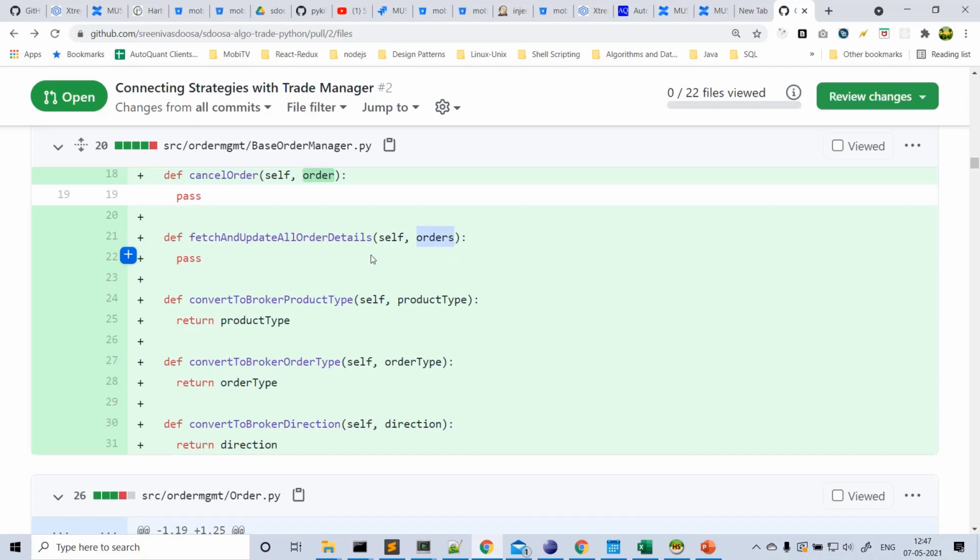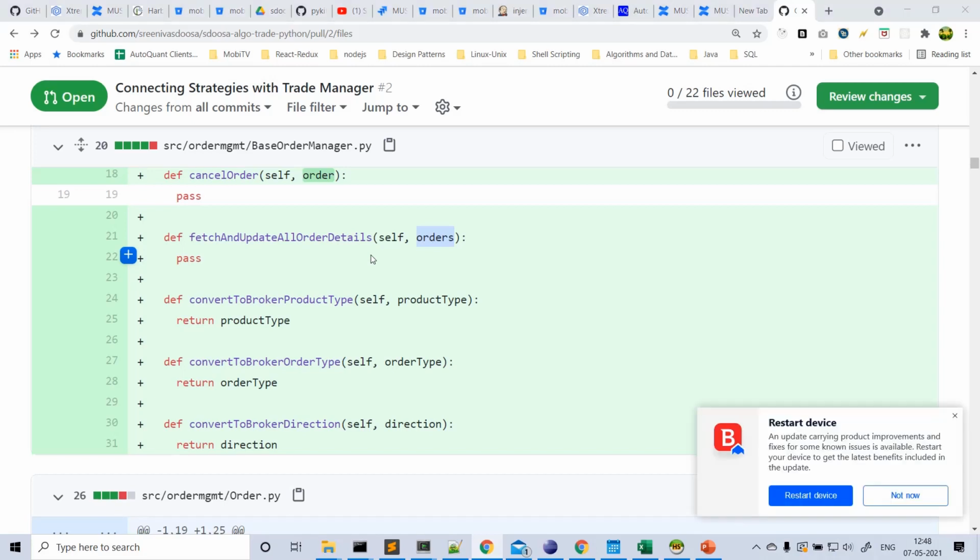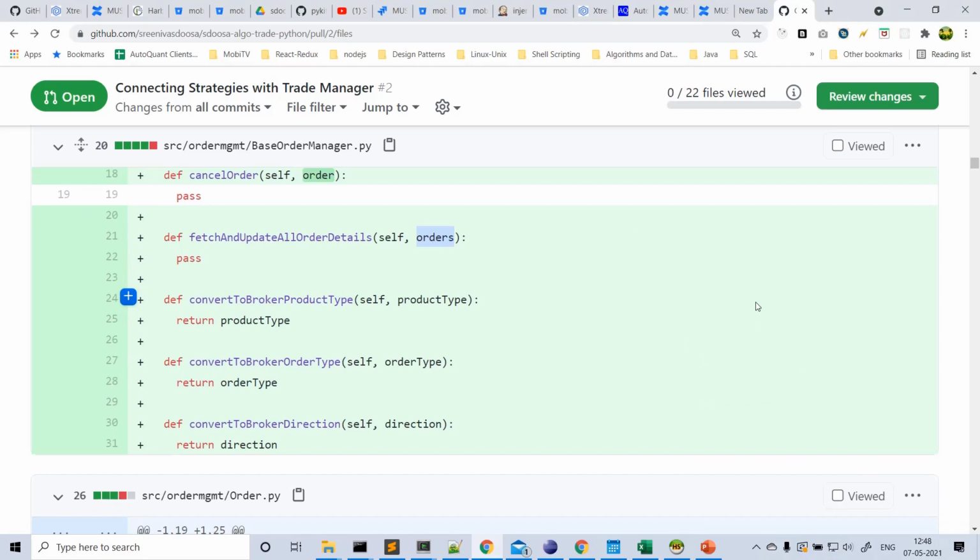If you are trading manually in your broker account, and your algo places around 10 orders, and you manually trade around 30 orders, then when you fetch all the orders from the broker, it will give you 10 plus 30, a total of 40 orders. But in all those orders, traverse each order, find your algo order, and only update those order details. You don't need to do anything with the other orders placed outside of this algo. So that's what you need to do. We'll see the code for how I handle that.